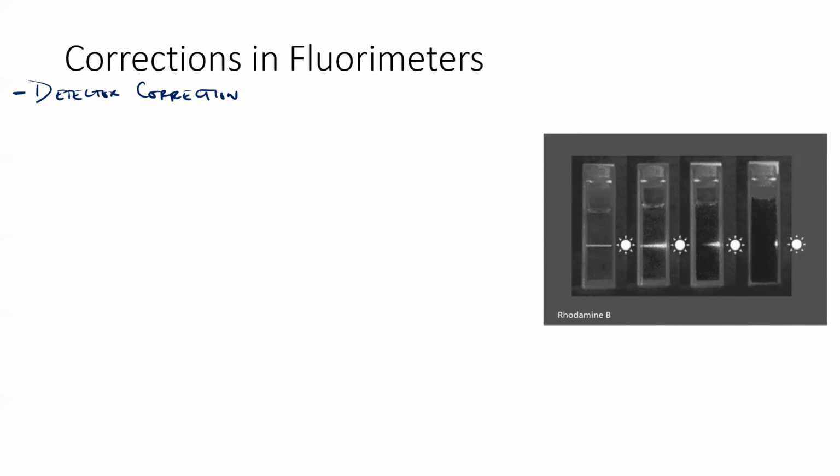This is a correction that we also have to take into account in UV-Vis, but in UV-Vis, we usually have more than enough light to see what we're doing, right? We don't use UV-Vis on super concentrated solutions, because they start to deviate from Beer's law long before this is an issue. In fluorimetry, because we're measuring against a black background, we're looking at very little light to begin with. And so this detector correction, we have to take into account